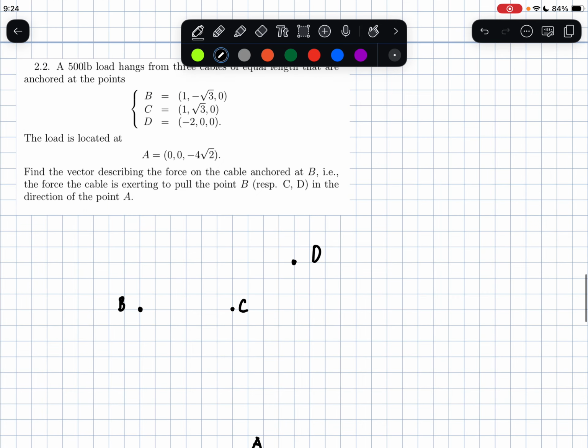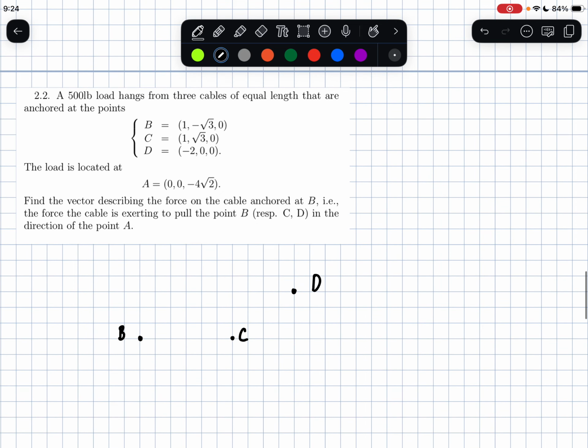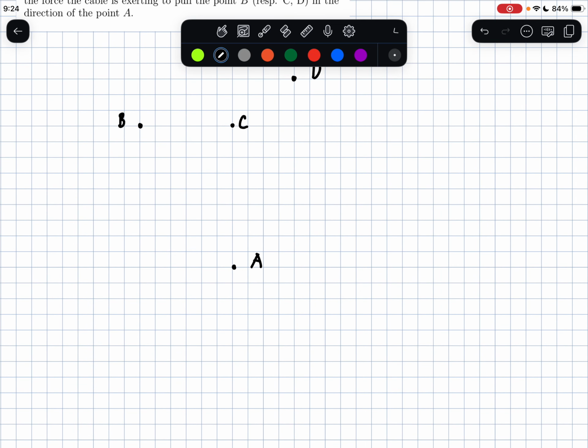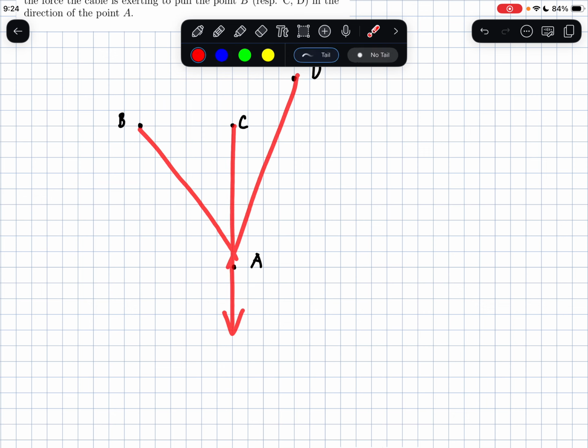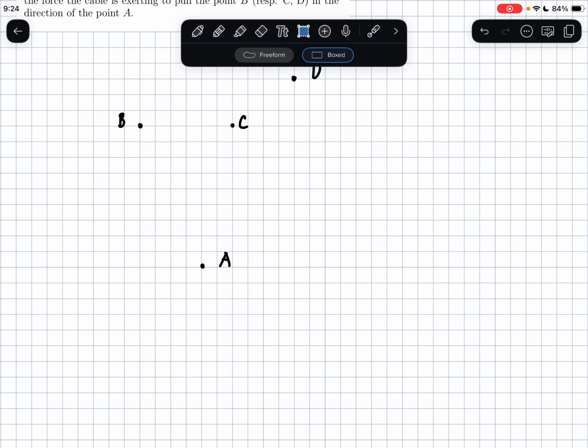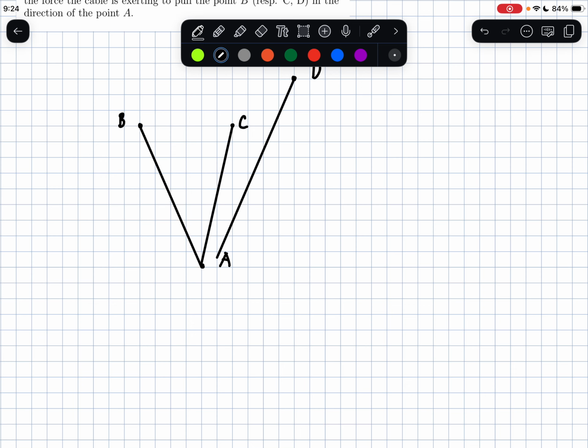We have the 500-pound load, so 500-pound load here and the 3 cables and the point A. We'll just put A here. So you see we have 3 forces here and one is going down, F, at the point A,